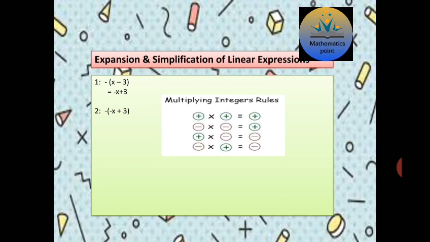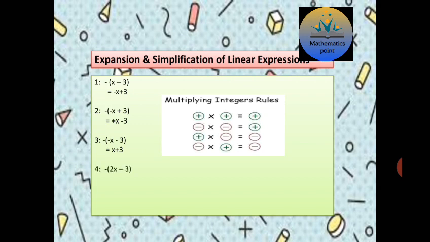The second situation is one in which we have the same term but with a different sign. Minus x, okay, the sign that we have outside the bracket, that is minus, will be multiplied with all the terms that are inside the bracket. So inside the bracket we have a minus x, so minus minus plus plus x, and then plus 3, so plus minus minus, so it will become minus 3. In the third situation we have minus outside the bracket, and inside the bracket we have the expression minus x minus 3. So again minus minus will become plus, so plus x, and again minus minus will become plus, and we get the answer plus 3.